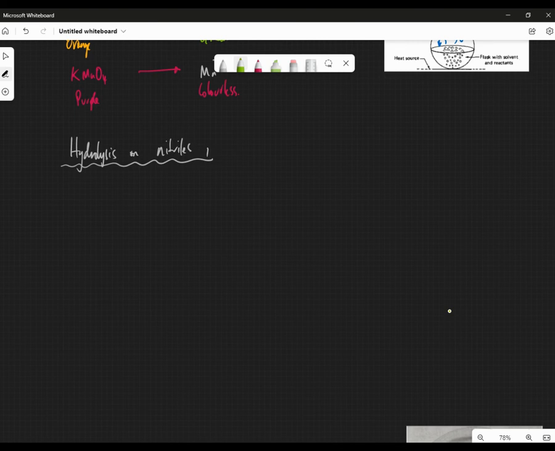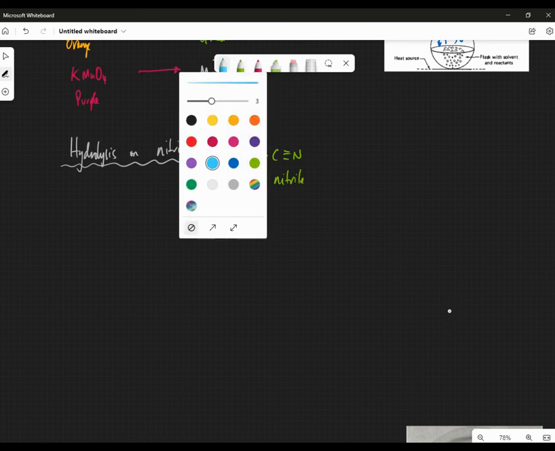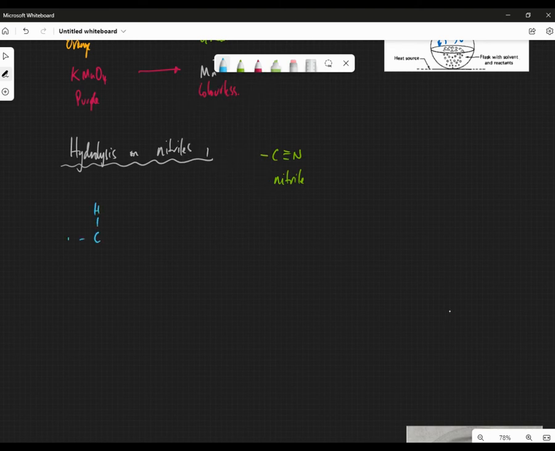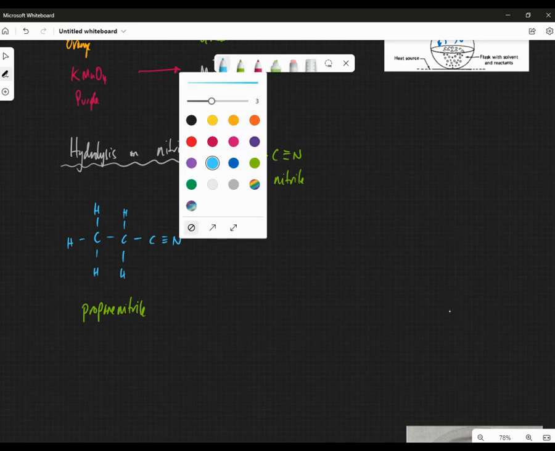Okay, so first of all, what is a nitrile? It contains this functional group. This is the nitrile functional group. Okay, and let's have a nice nitrile. Let's use 3 carbon atoms. So there's 1, there's 2, and there's 3. Okay, so this one is going to be called propane nitrile, and it's a member of the nitrile family. Right, now if we heat this up